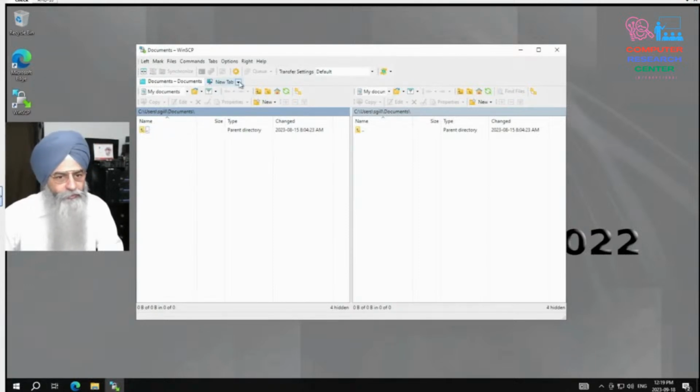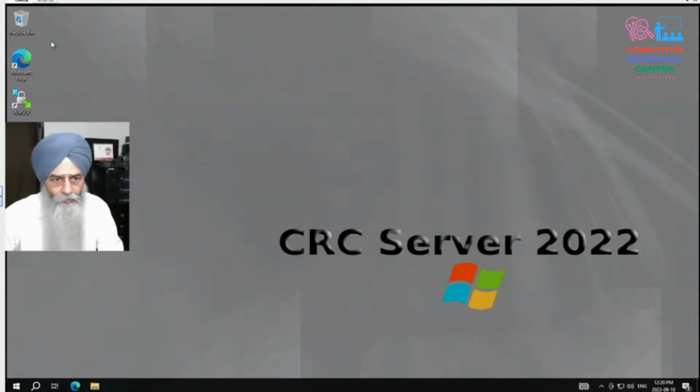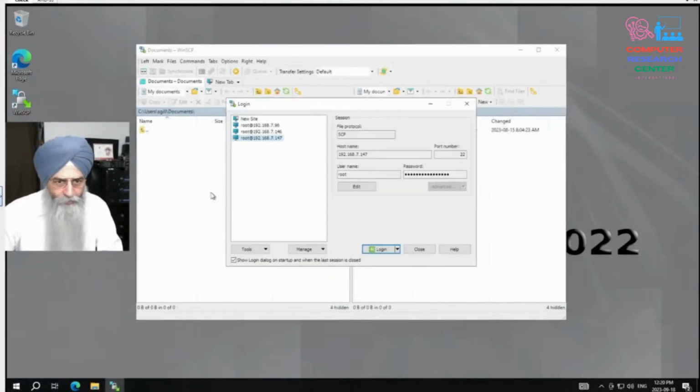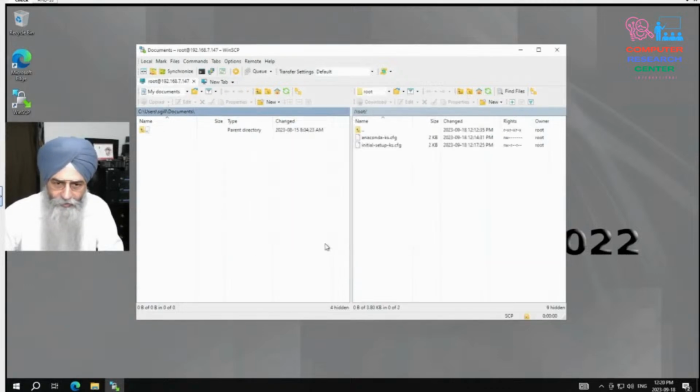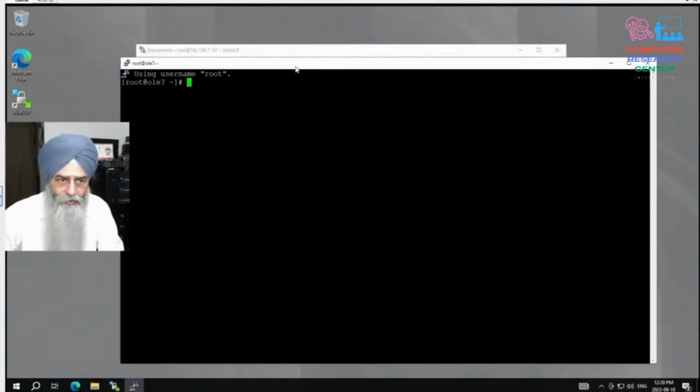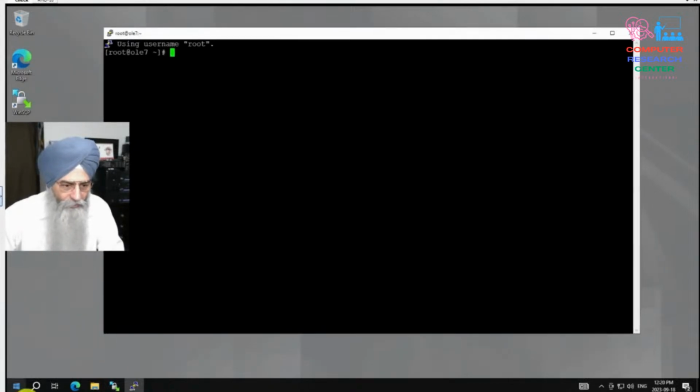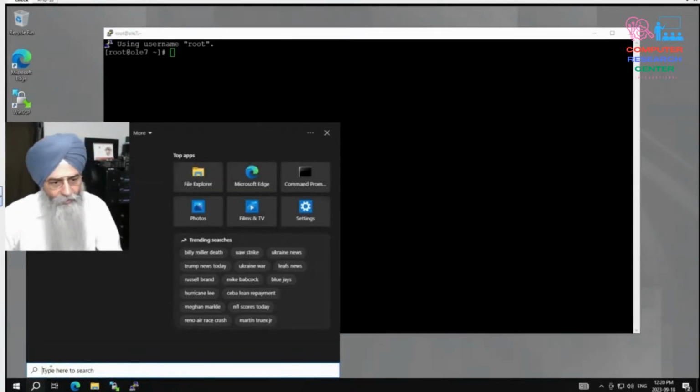So let us try to connect it. My server is 147 right now. So I'm logging in to a new server, a brand new server. Let us connect through PuTTY, and through PuTTY I will be listing all the steps